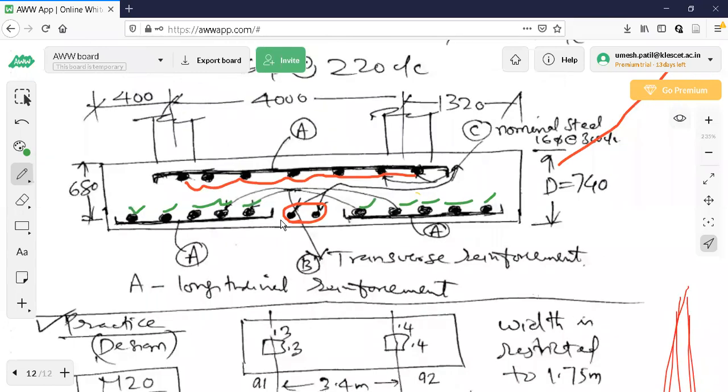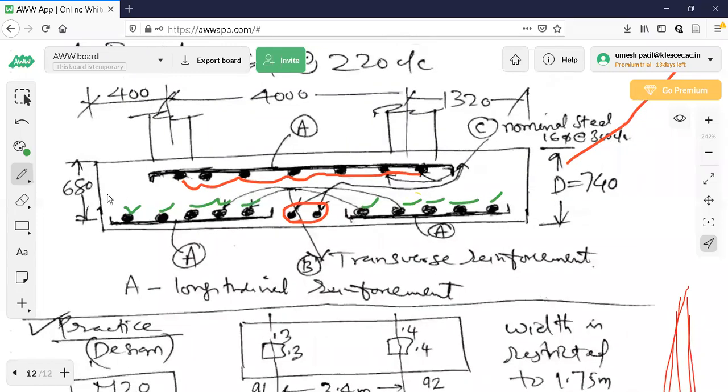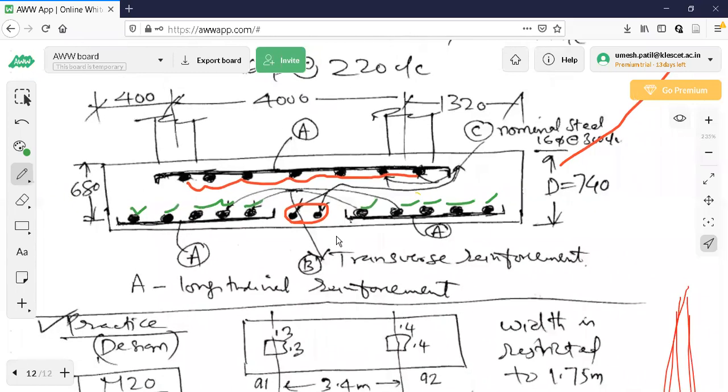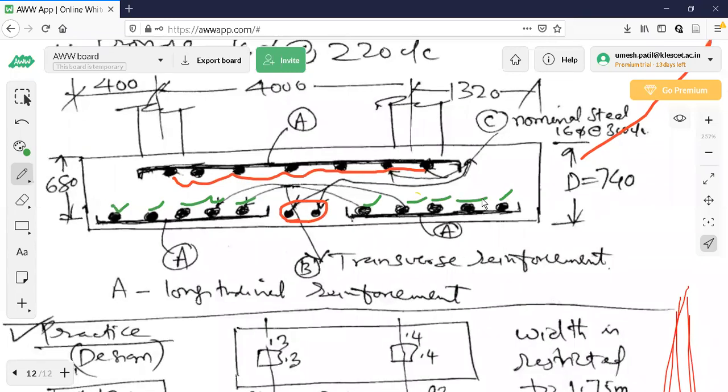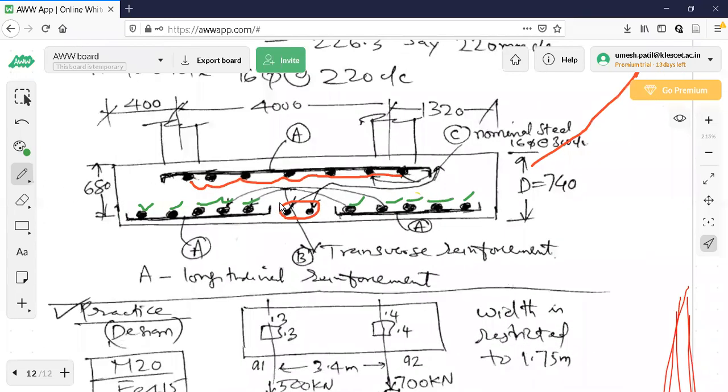Actually, when you calculate AST1, AST2, AST3, AST4, after calculation, if you can show them in the diagram, and make it clear, you will get 40 out of 40. Many students have scored. In the previous year, ask your seniors, most of them have scored 40 out of 40 because of this diagram also. Diagram gives everything clear, which are nominal and which are actually calculated using bending moment or AST minimum.